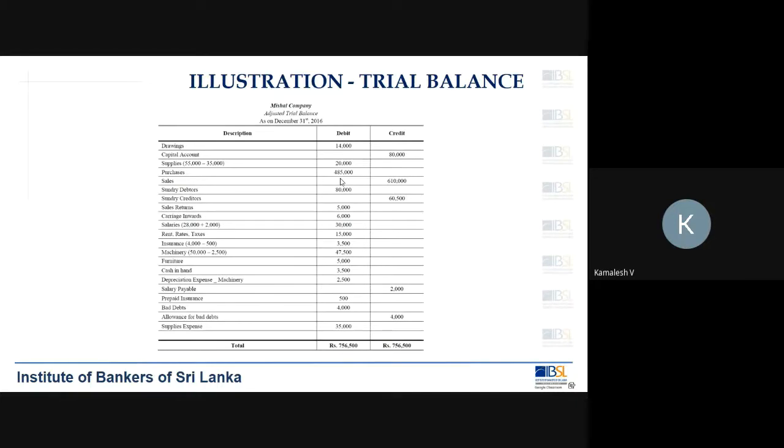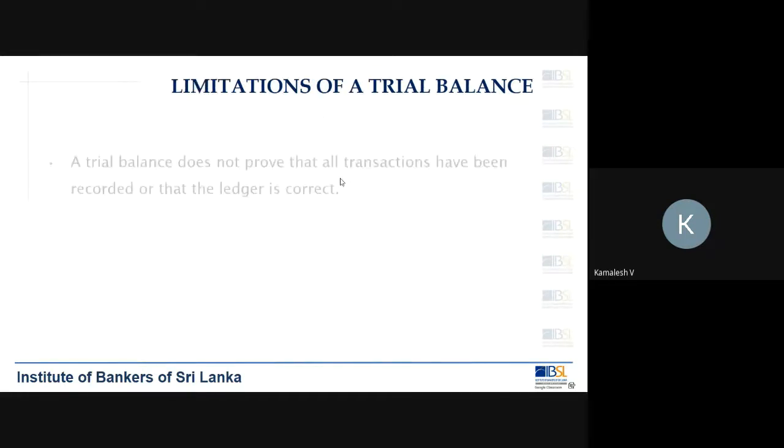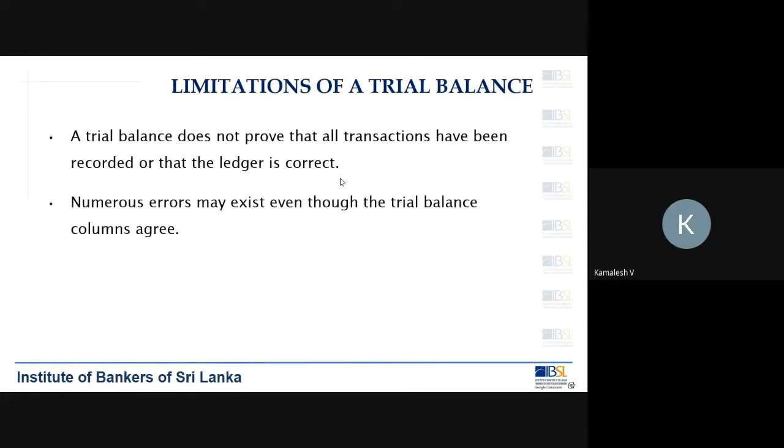Even when I put the balances into the wrong place, the trial balance will balance. But am I presenting the correct account balance? When I say capital account, it should have a credit balance, but I am trying to show a debit balance. When you say sundry debtors, it should be a debit balance, whereas my trial balance will show a credit balance. So do you understand that even when the trial balance is equal, there could be numerous errors?